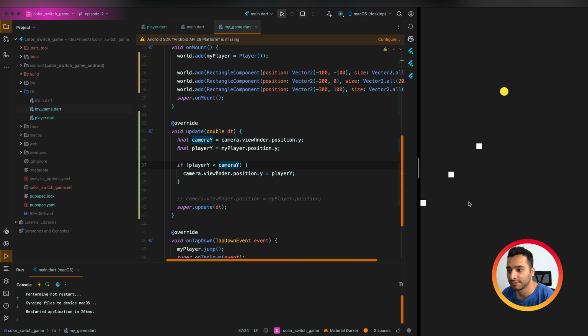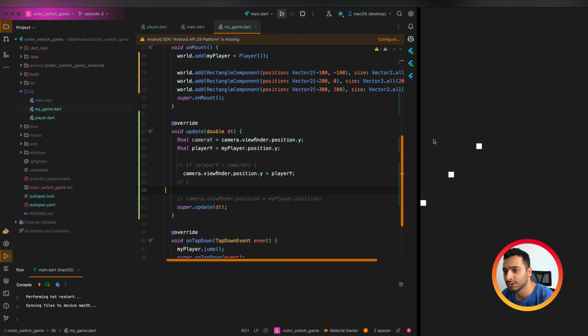Okay, it doesn't work. What if we remove this if statement? It doesn't work. It's weird. Oh, I think I know what's the issue.